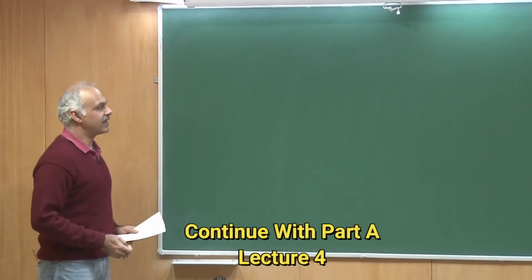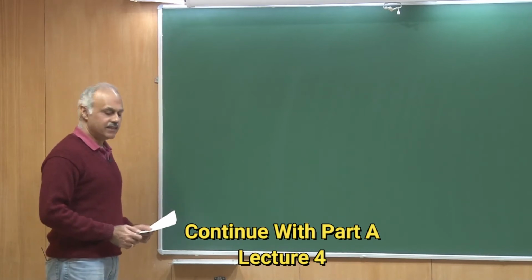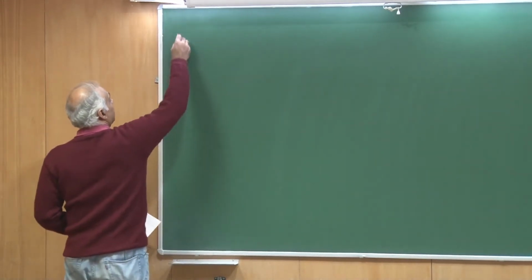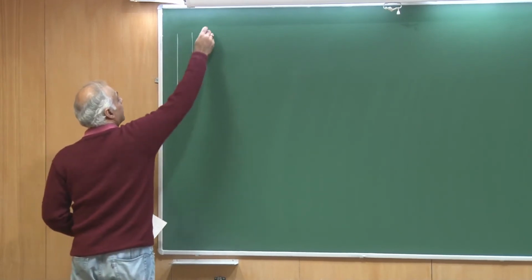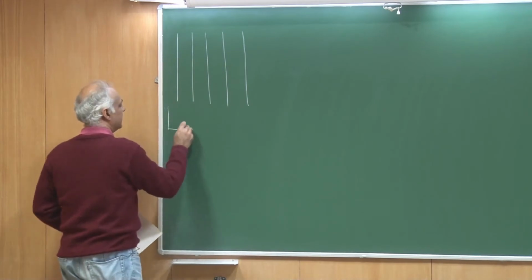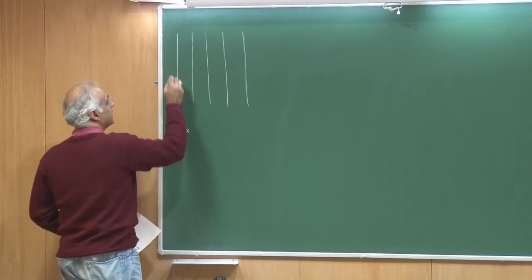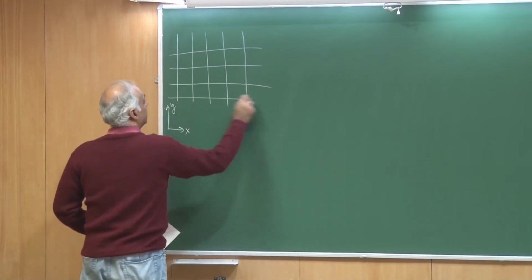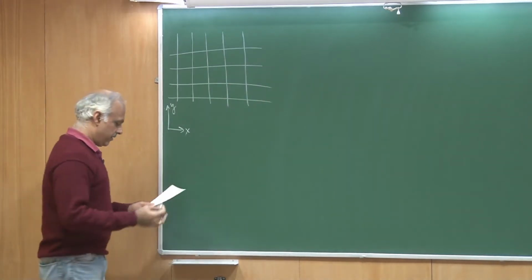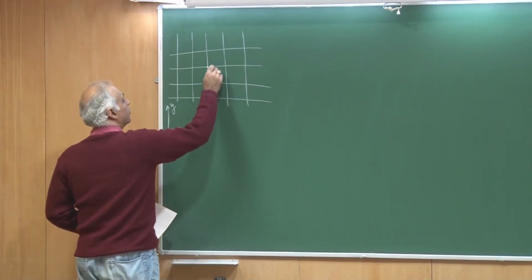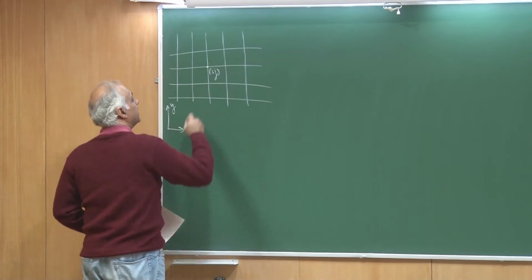Alright, so let us write down now the Taylor series expansion for those differential operators. So let me redraw the grid for you. So this is the x axis, this is the y axis, and I am just drawing a section of the grid. We are going to talk about these nodes as ij,